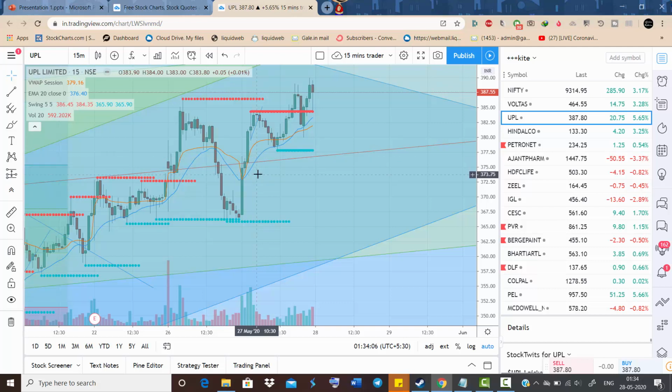So the entry point is 376.5 and the stop loss is 373.5, so a 3-point stop loss. The target will be almost equal to the length of the outside candle, the first candle. So closer to 10 points you can expect the stock to move from this point, say 375 to 384, closer to 8 points you get. It is almost 2 to 3 times the inside candle. It's a good and most profitable inside candle strategy.